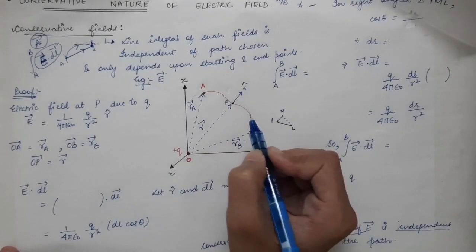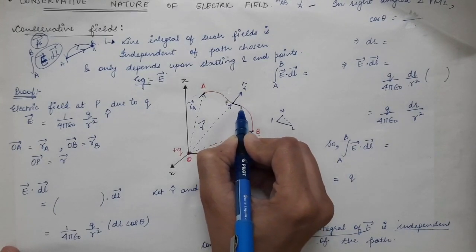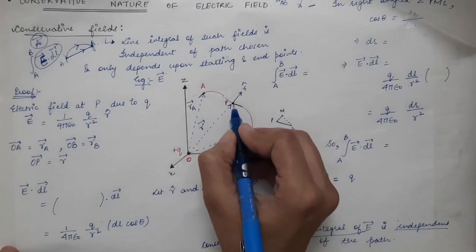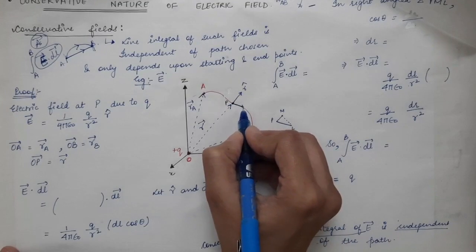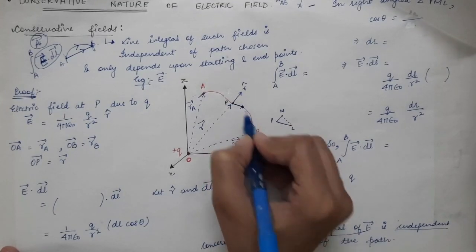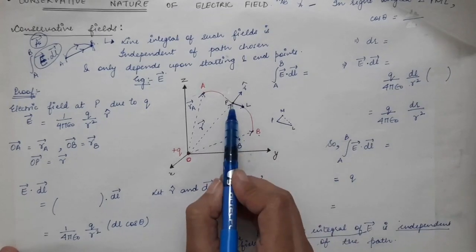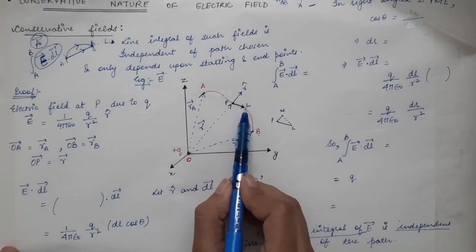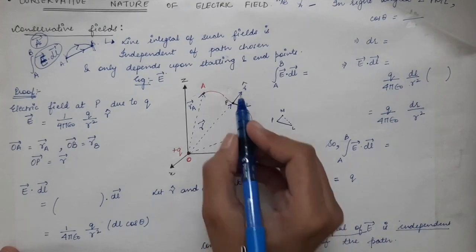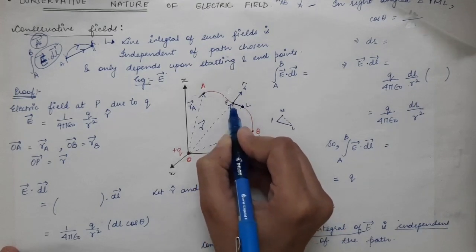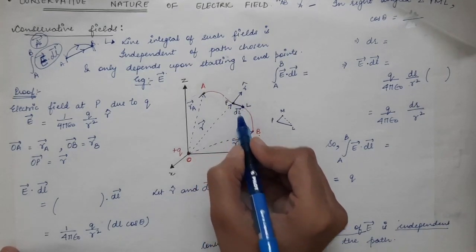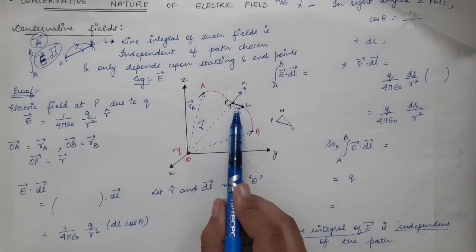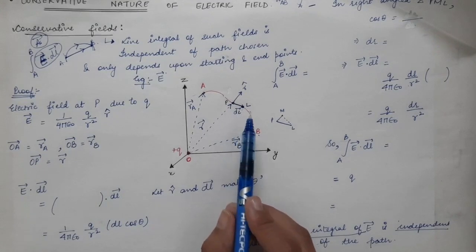Now this is the observation point. Let's say you are moving along this direction, from point A to point B. At this observation point, this small displacement will be in this direction. Let's say that point is L. You are displacing by a small displacement and reaching this point capital L. So the PL vector will be the dl vector, and the magnitude of this displacement will be just dl.